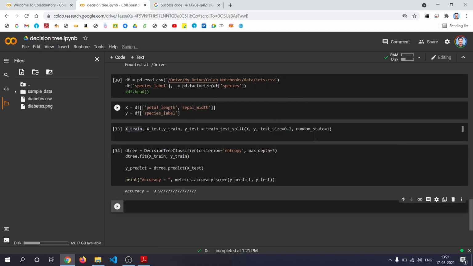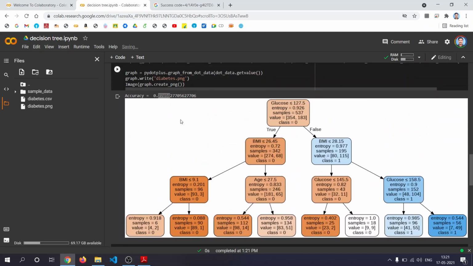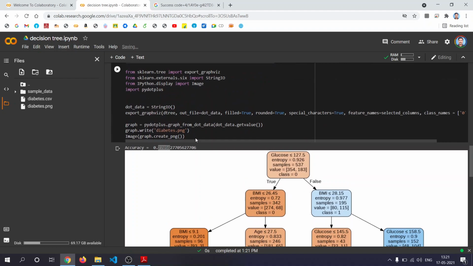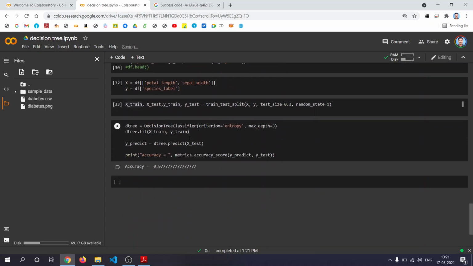If you would like to see the diagram, a pictorial representation of the tree as represented by our data, you can see that also.